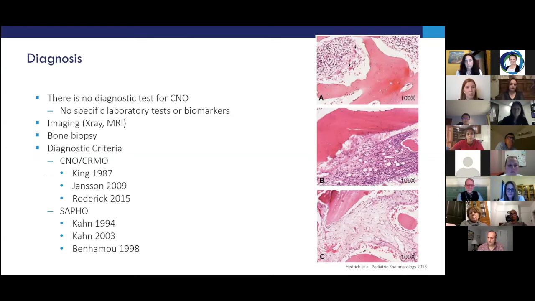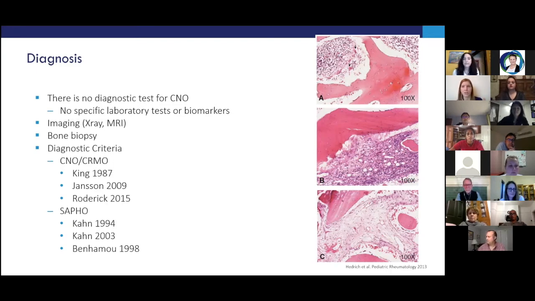Imaging is important with coming up with a diagnosis. There are some typical findings that you can see on X-ray and MRI, although you can't clearly distinguish between infectious osteomyelitis and non-infectious osteomyelitis on imaging. Bone biopsy is also an important component of making the diagnosis,